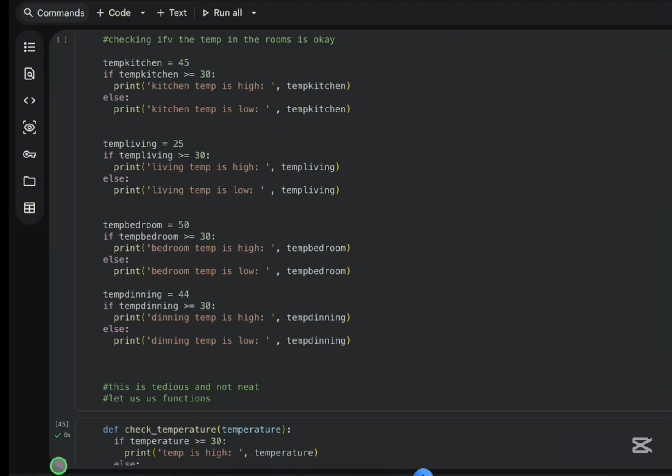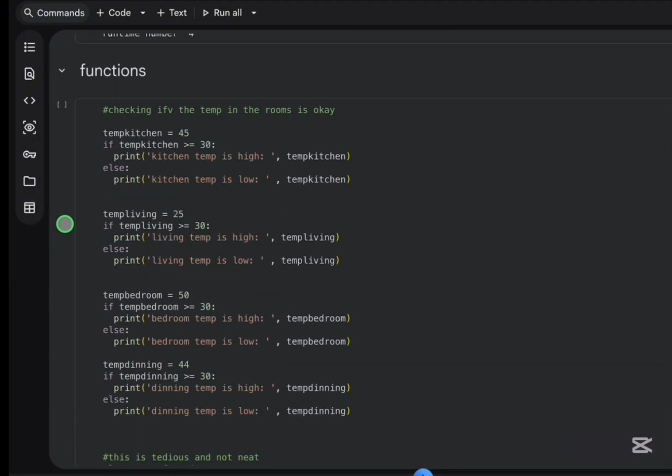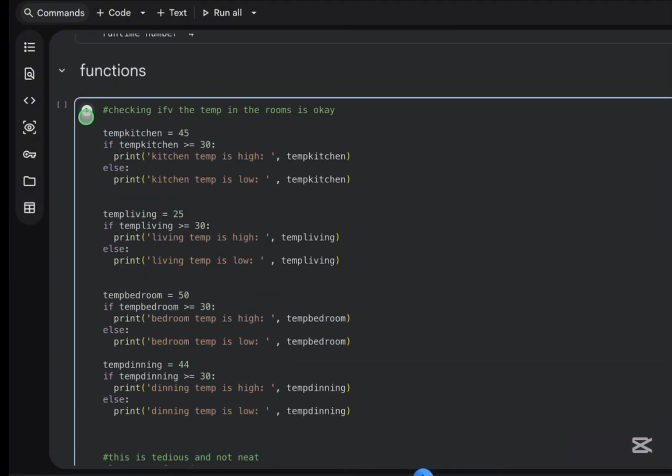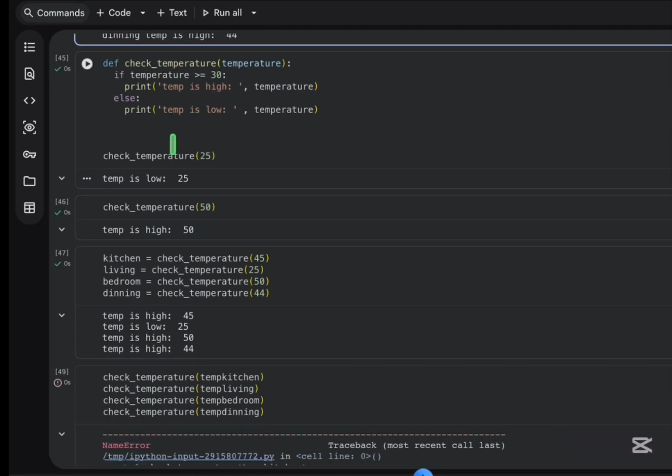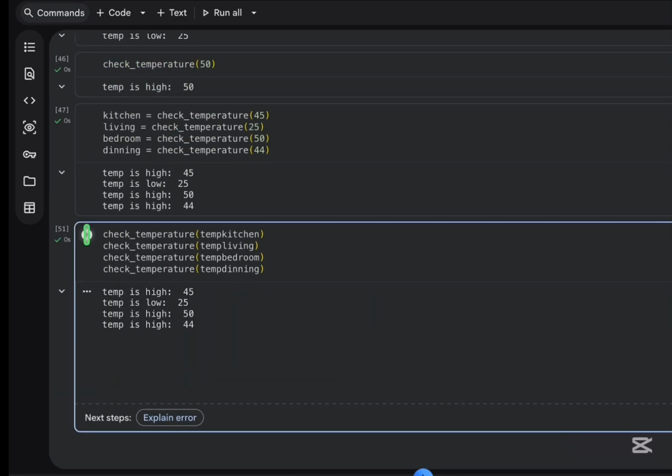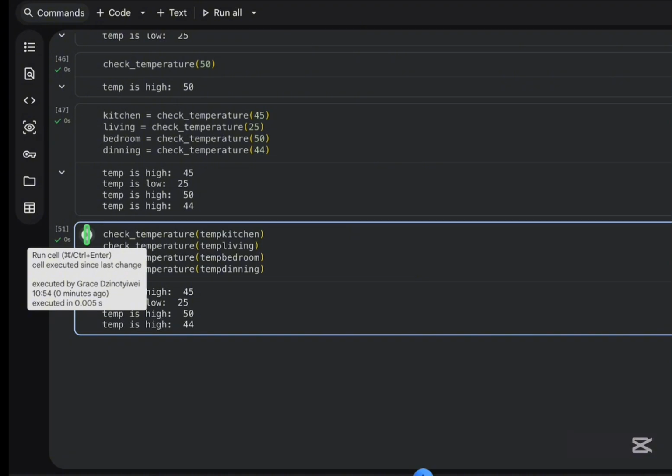As you can see, we have a tick there, and over here we don't have a tick. That means this cell was never executed. So after executing it like this, I'm sure the error will disappear. Let's run it. Yes. So our temperature is high and all that. We can write it like that. We can show